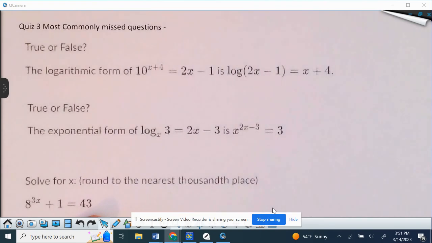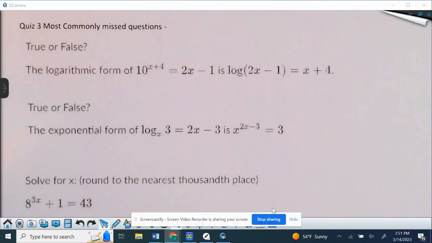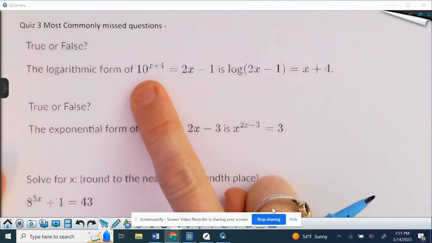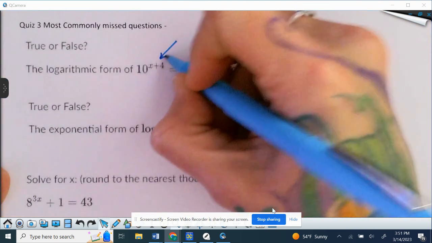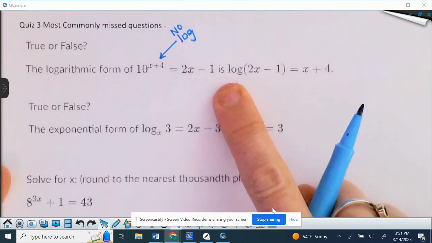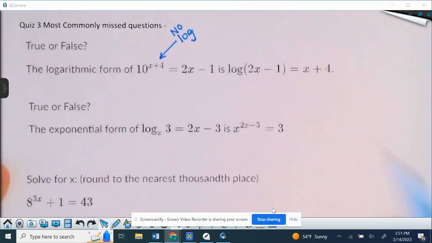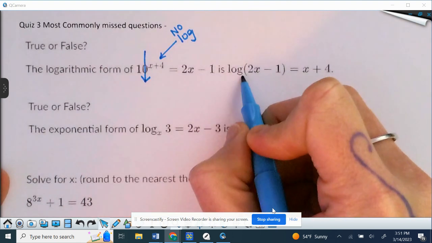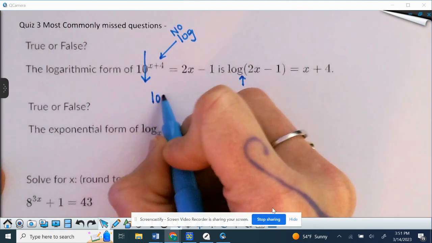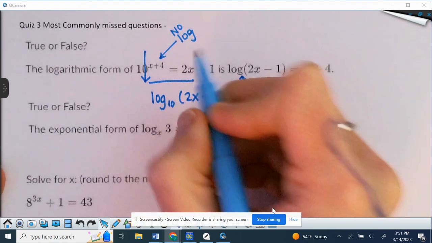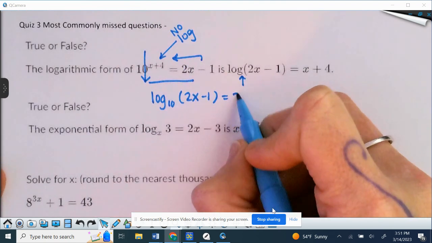Okay, so from our quiz on logarithmic and exponential expressions and functions, here are the most commonly missed questions. Is this true or false? What I would do is take the first one, because it doesn't have the word log in it, and convert it to logarithmic form. So log, this is our exponential base. So log base 10. There is no base written, so that's perfect. So log base 10 of 2x minus 1 is equal to